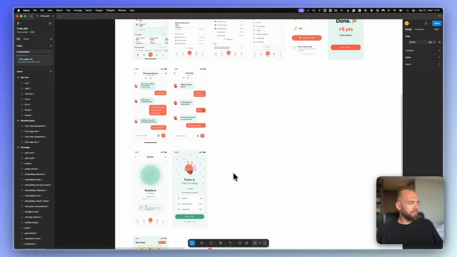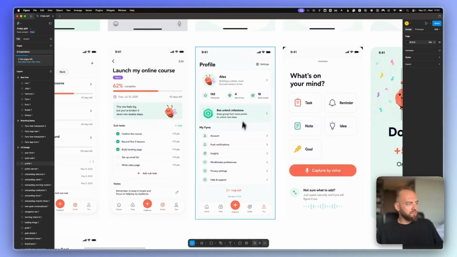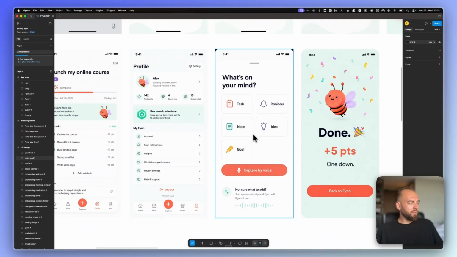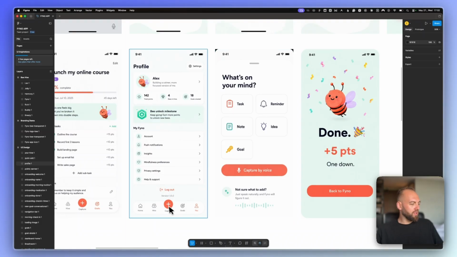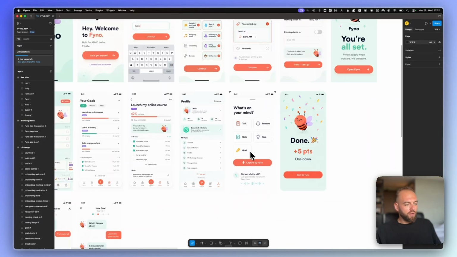But let's get back to the application. We will have obviously a settings page where you can quickly see your progress. And my favorite part is this quick capture part of the app. When you click on this big plus button here in the middle, you can add a new task, a reminder, a note, or an idea or a goal, because my biggest issue with my ADHD is that I have to have something to capture my thoughts quickly in a second, otherwise I will forget and I will never get